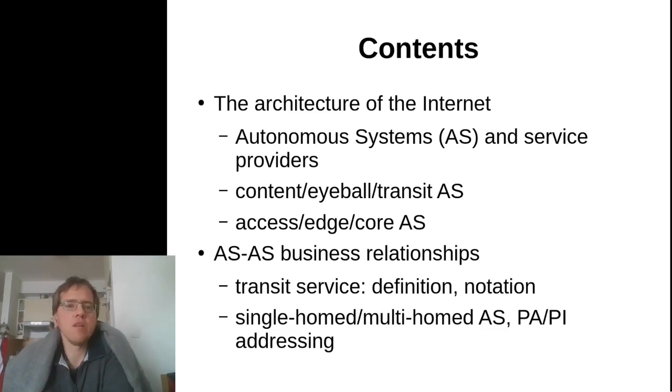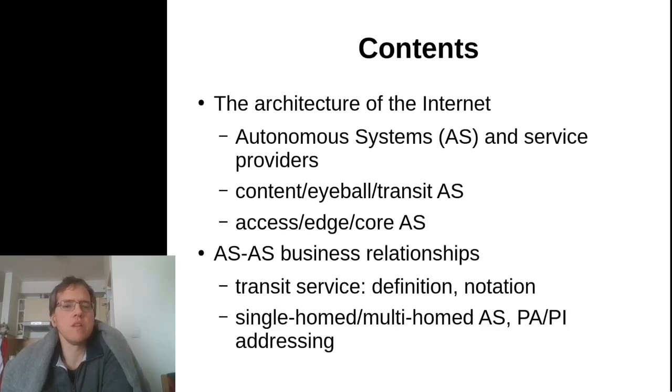We're going to give a couple of taxonomies to classify ASes according to different criteria. We're going to give the usual access edge core separation. That's one of the evergreen taxonomies of large-scale communications networks. And then we are going to start to delve into a very important detailed